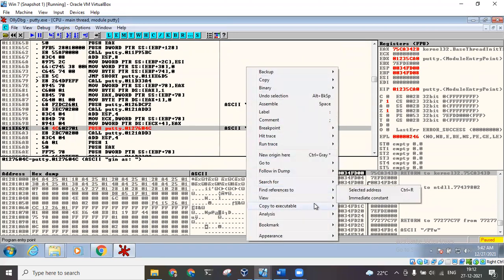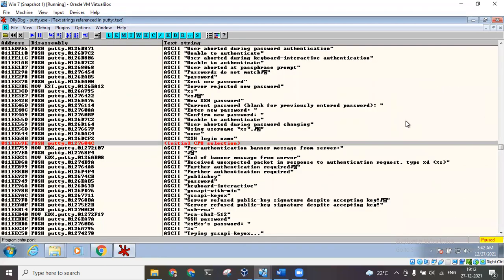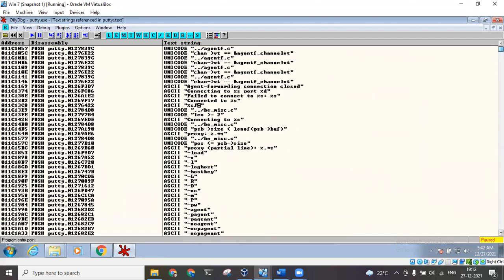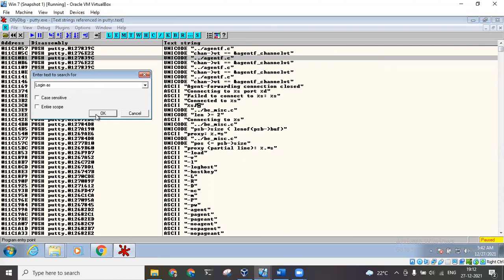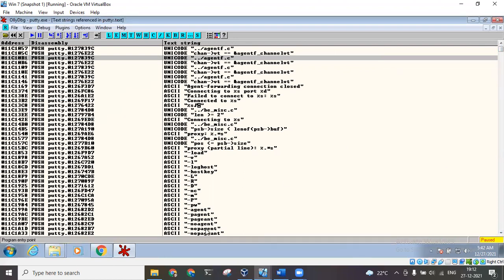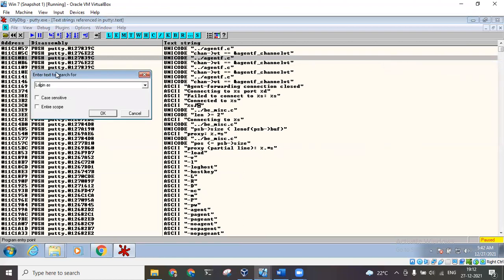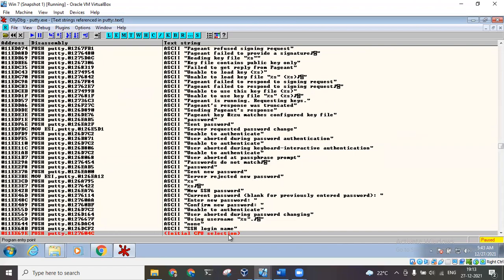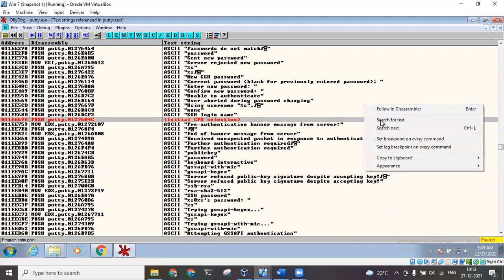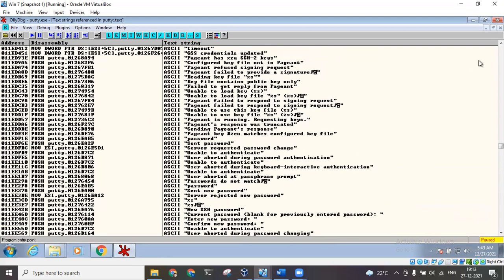To verify that, what we can do is search for reference text strings. This time, if I search for login as, I should not be able to find a single instance. Let's see. Paused. So nothing it was able to find. No login as it was able to find because both have been changed. If I search for GINS, then it should be able to find it. Yeah, see GINS, one instance found. Search next. Okay, search next. So it is able to find GINS.